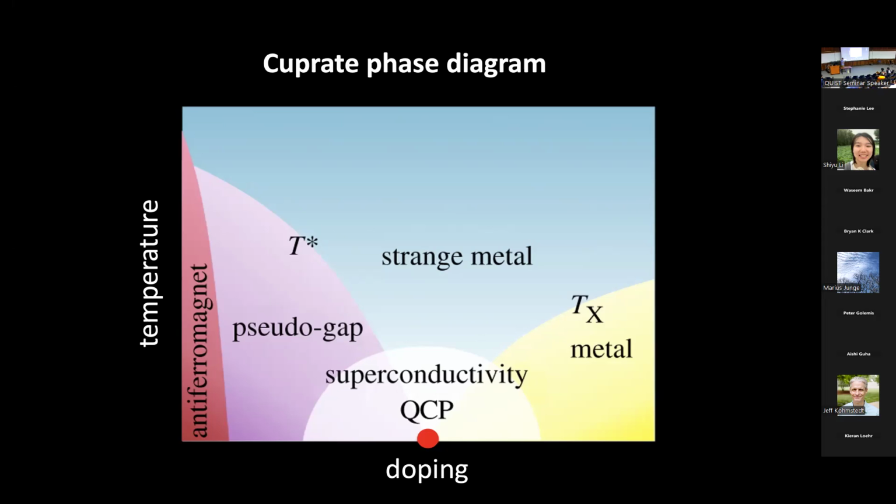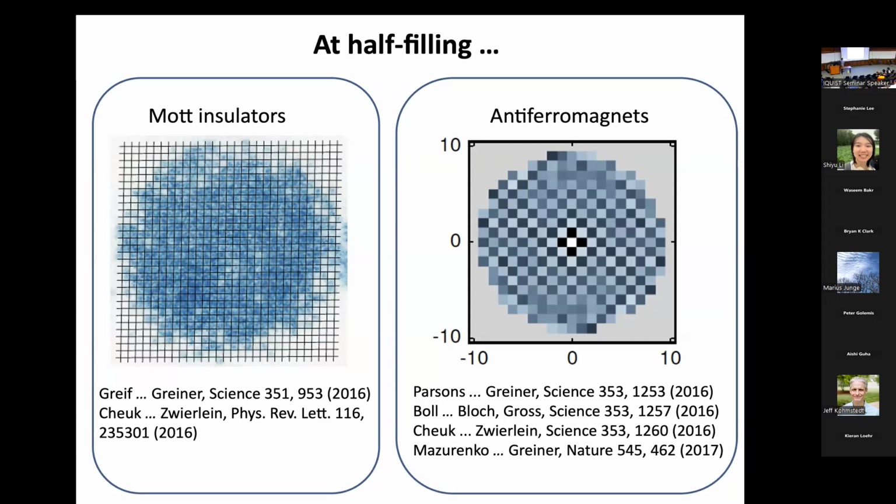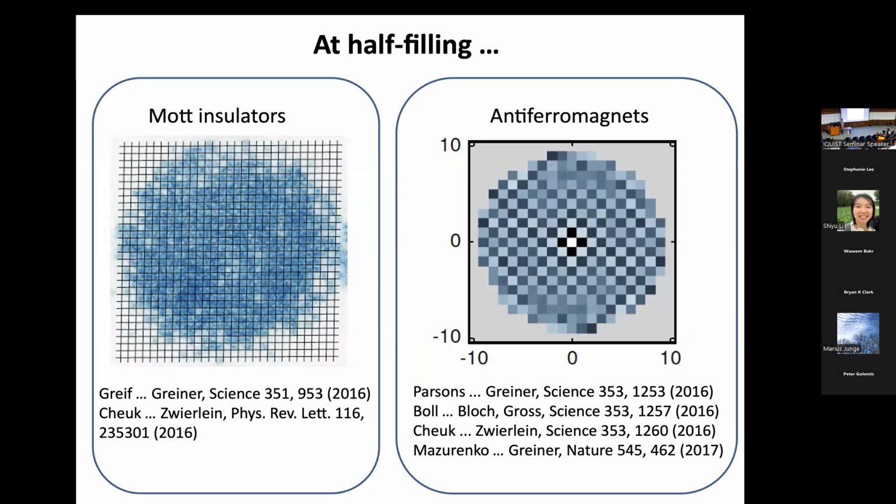The benchmark technique people use, or the gold standard technique, is quantum Monte Carlo. And there, as you go to lower and lower temperatures, you run into something called the fermion sign problem, which makes it impossible to understand these systems at low temperatures. And that's what we're hoping to do with this microscopy.